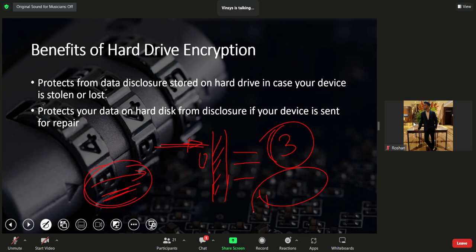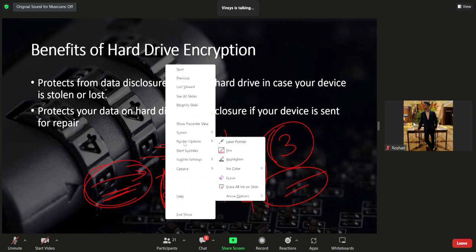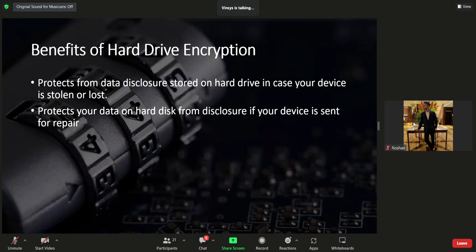So see, here we can see tailgating was the attack, or piggybacking, which we have seen yesterday. So that is a form of social engineering attack, right? Using that, somebody has entered the premises and stolen the laptop, and the laptop was holding confidential data. If that laptop was encrypted, maybe that organization would have saved lots of its data. So yes, encryption protects the data from disclosure in case your device gets stolen.